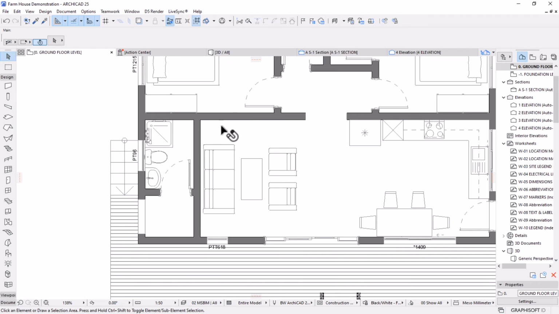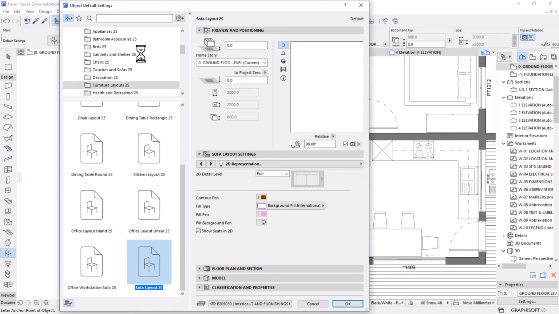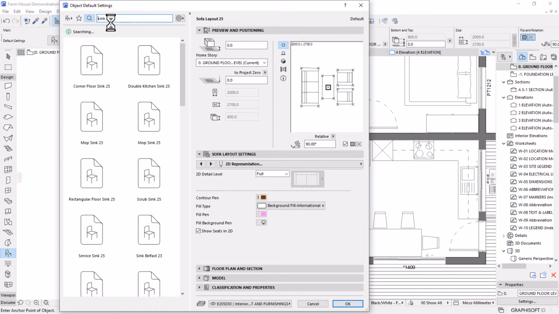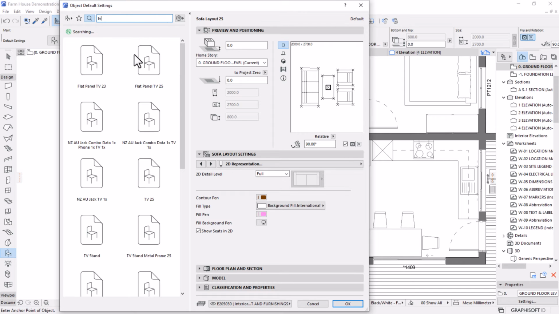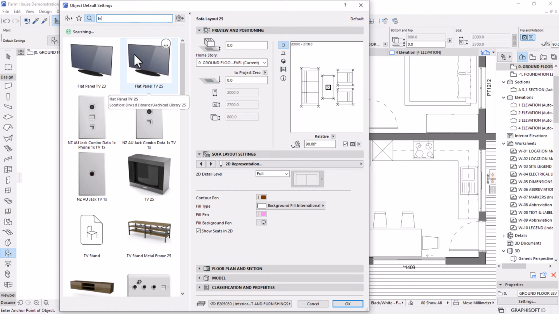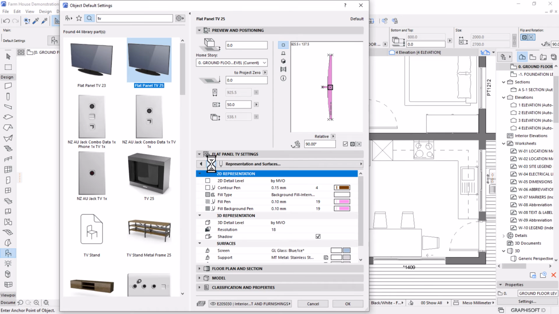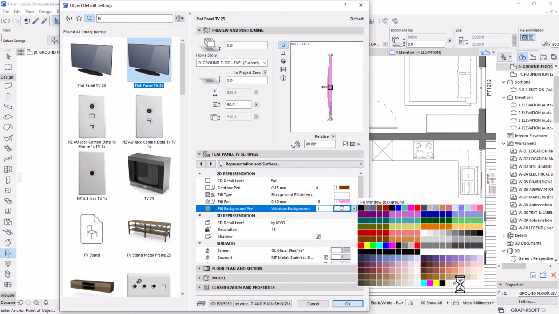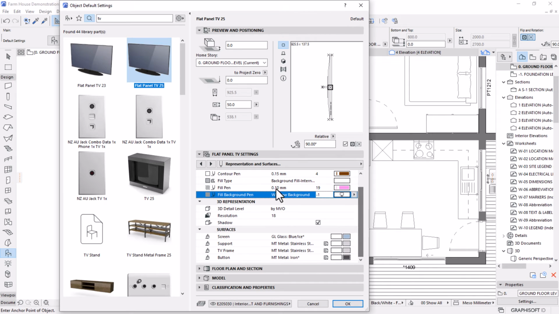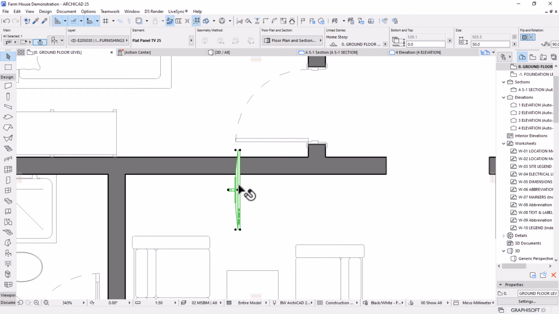And then one last thing that took place in this lounge area is the TV. Let's go back, open settings, and search. I'll search for TV. Let's find whatever TVs are available there. I'll go for this one, and then under the support, I'm going to make it wall mounted. Check other pages, make the 2D detail level full, the background window or screen, something like that, and hit OK, place it like that, select it, and then